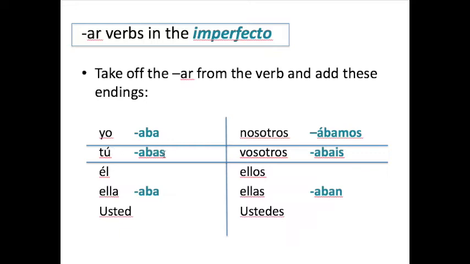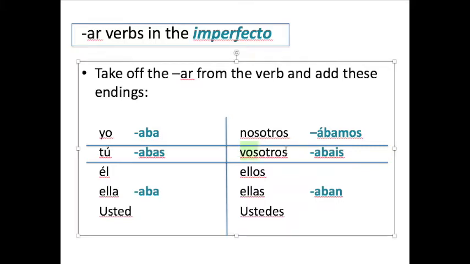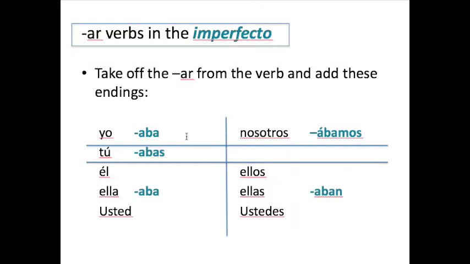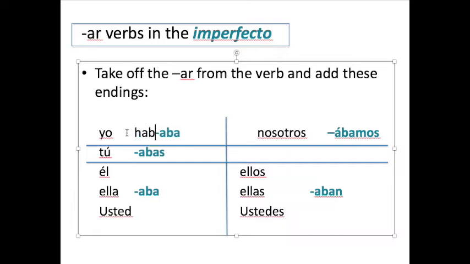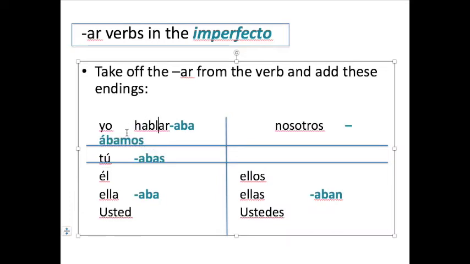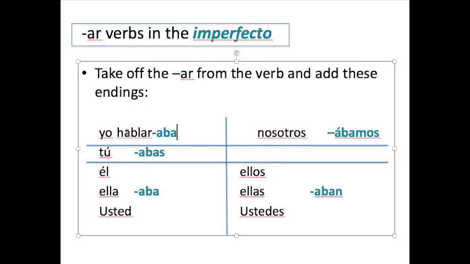So let's take just a good common one here. Hablar is to talk. So we're going to say hablaba. Hablabas. Hablaba here again. This is a little bit longer. Hablábamos. And then hablaban. So this is what your verbs are going to look like, right? We're going to have that ba ba ba ba, stuff like that. Especially this verb, which already has "bla" in it, so it's kind of a tongue twister.